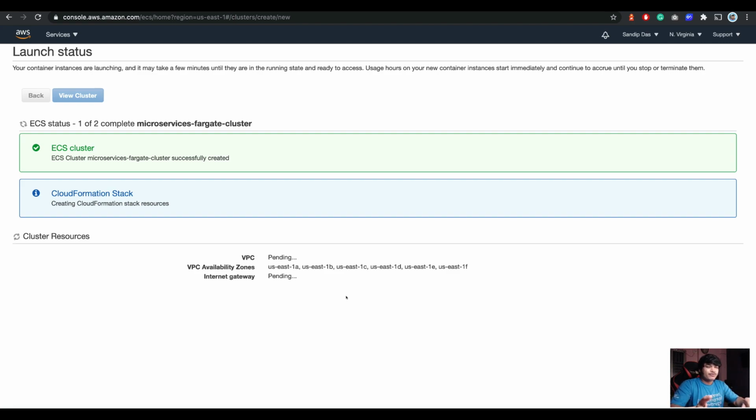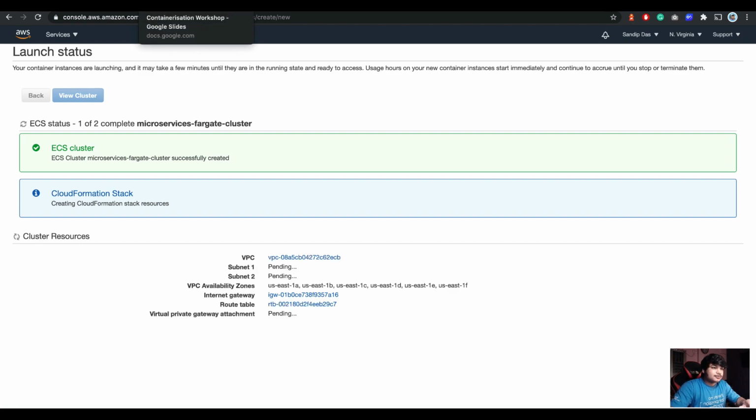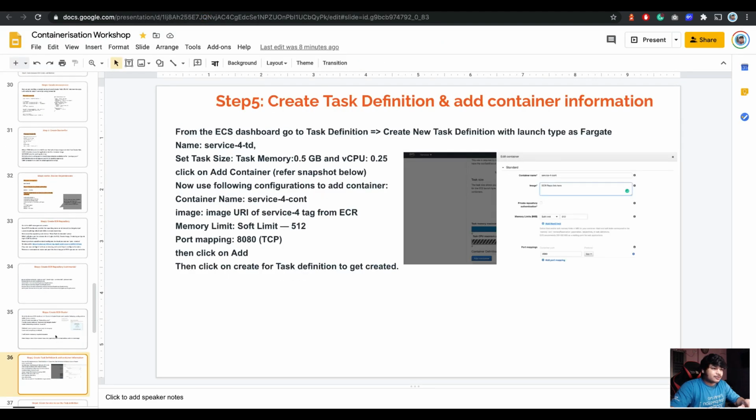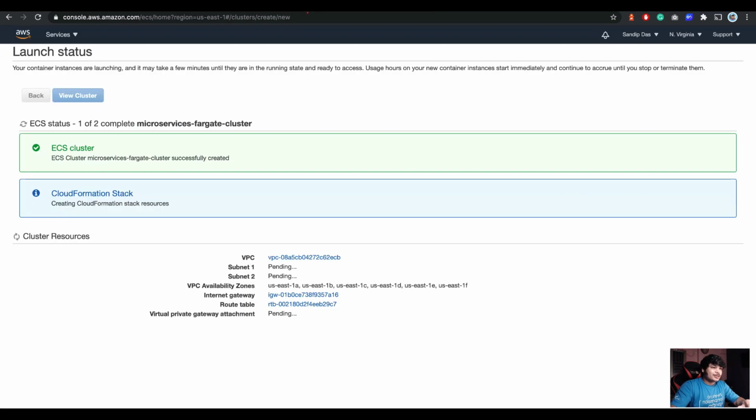Okay, be patient, have a few minutes, and it will be done pretty quickly. And after this is done, we'll create the task definition and the container information, of course. So let's wait for this one. And I think it's nearly done.